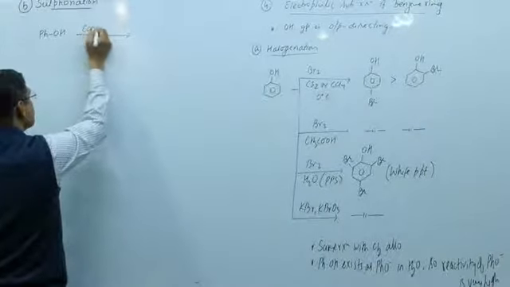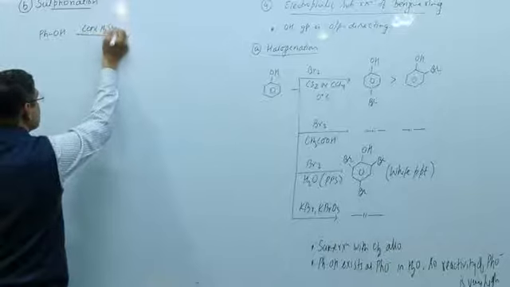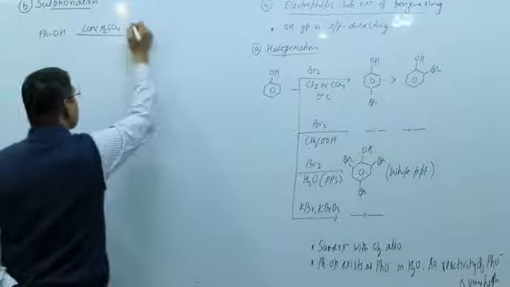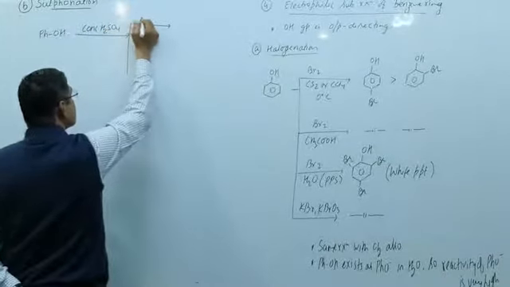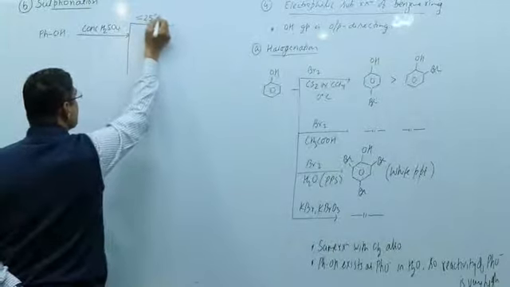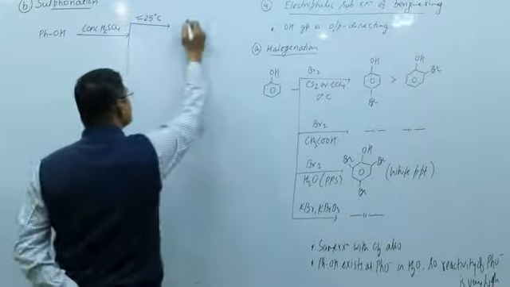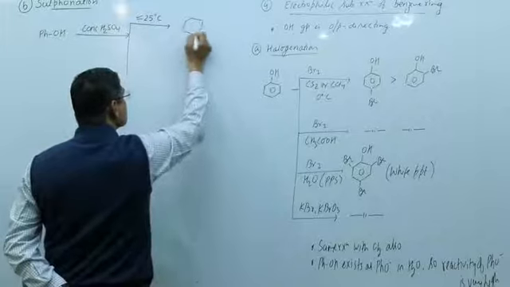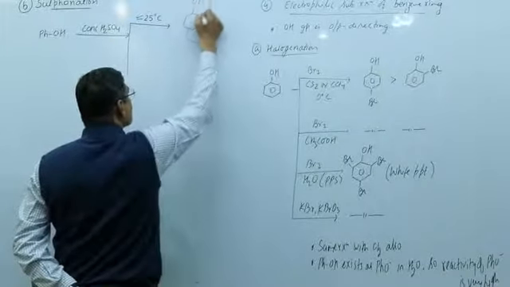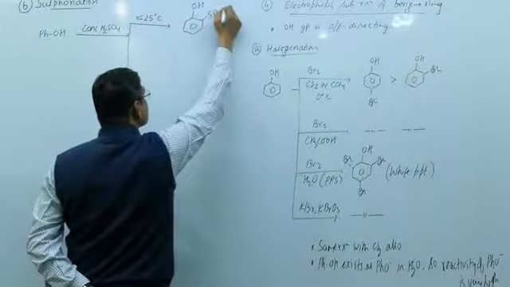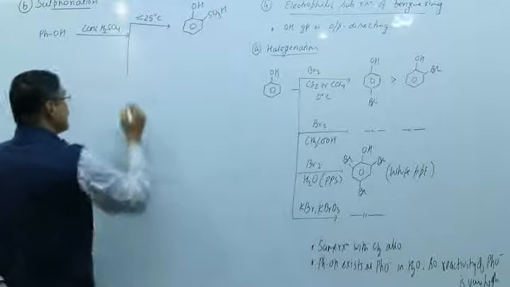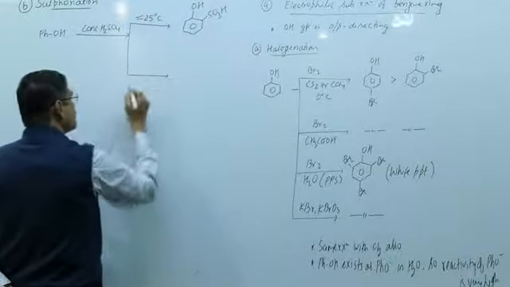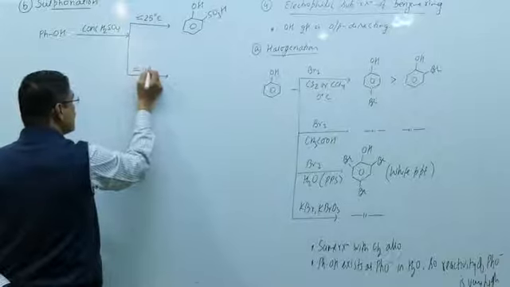So I take concentrated H2SO4. If the temperature is approximately 25 degrees centigrade, the ortho-hydroxy benzene sulfonic acid is obtained as the major product. At approximately 100 degrees centigrade,